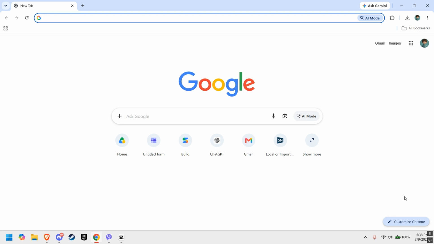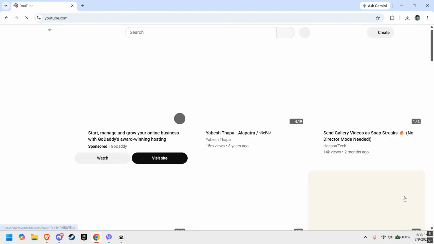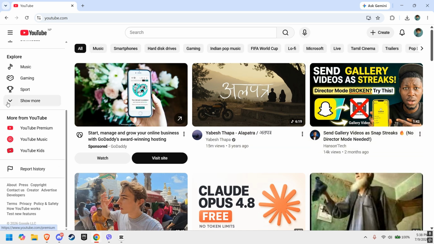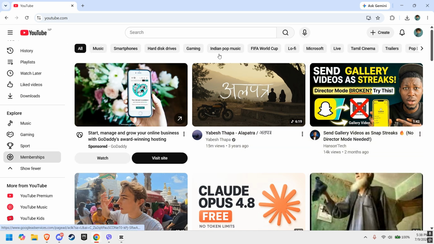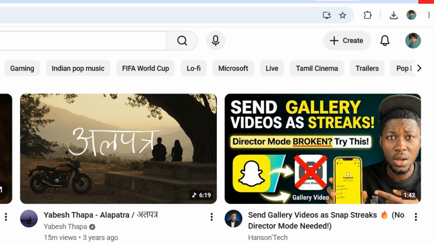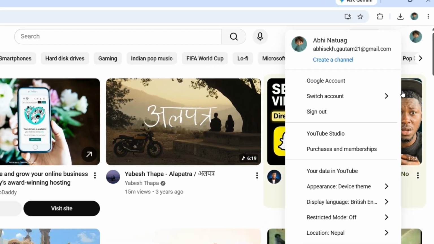Start by opening the YouTube app on your Android phone, iPhone, or visit YouTube in your web browser. Tap the Compass or Explore tab, then look for Playables. If you don't see it there, tap your profile picture, then check whether the Playables option is available in the